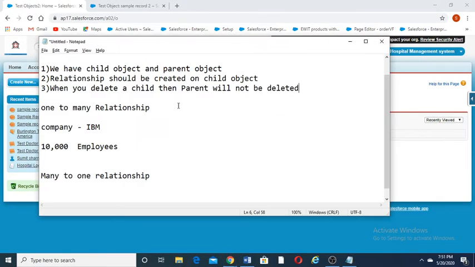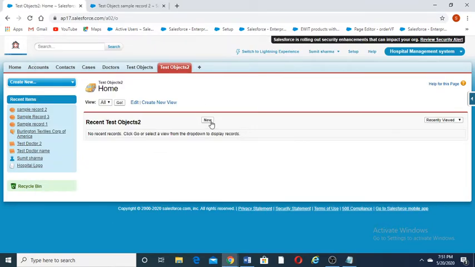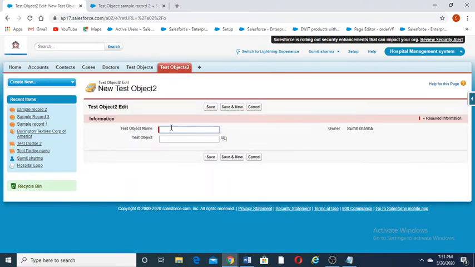Another point is that lookup relationship fields are not mandatory. That means when I am creating a record and the test object 2 lookup is left empty, it will save.